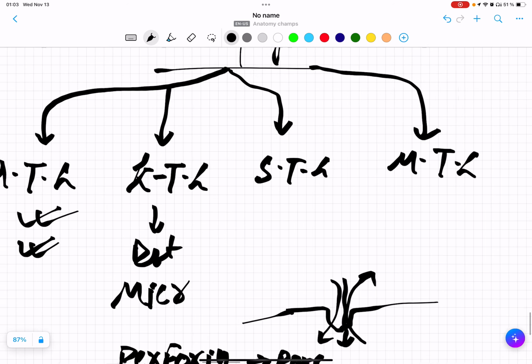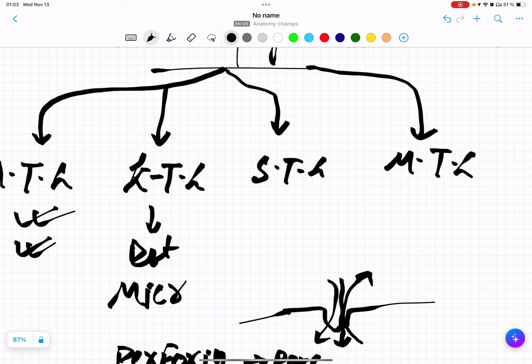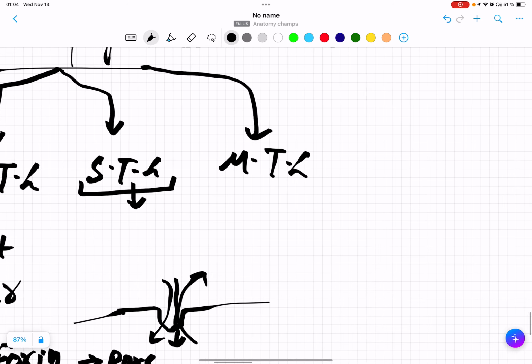Then there is the suppressor T lymphocyte. See, if your lymphatic system is very active, it can damage your own body. So you have some cells known as suppressor T lymphocytes, which will suppress your immune system and prevent it from attacking its own cells. Next is your memory T lymphocytes, which will